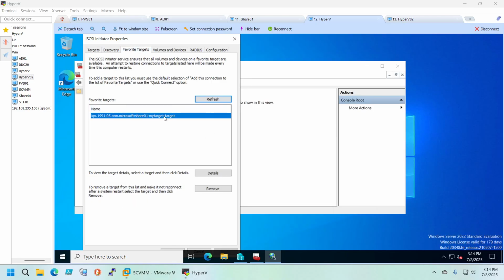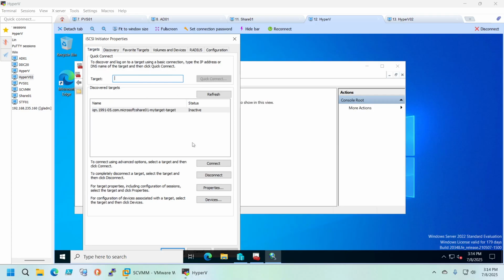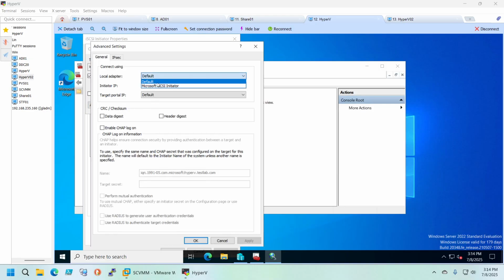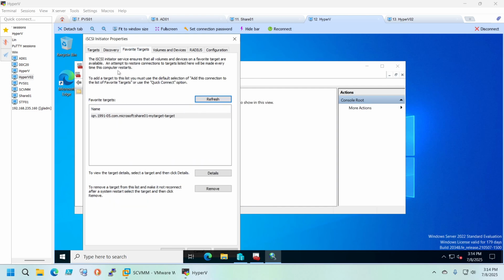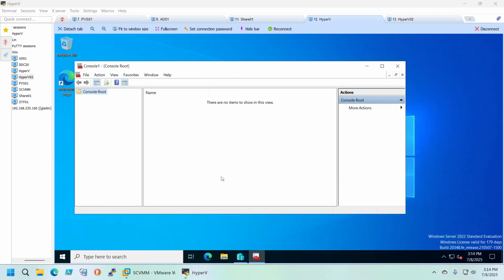Okay, remove this one. Okay, we can leave this one, and now connect, advanced. Okay. Now we also have it. Okay, perfect. So this was the first one, and we should be able to see